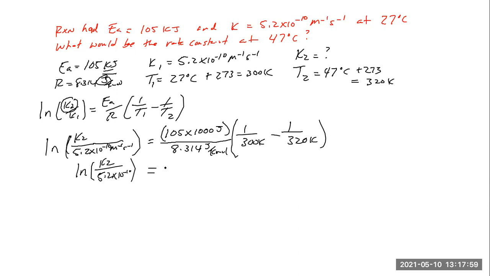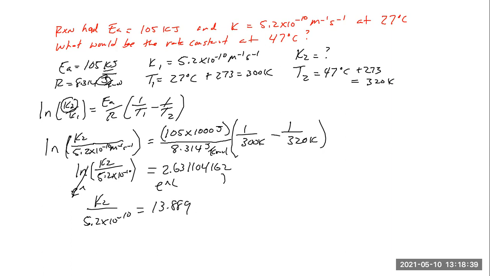I'll get rid of the units to make it a little bit neater. 2.631104.162. Don't feel like rounding. To get rid of the natural log on the left there, we do need to take e to the power of both sides. Another very common mistake that people make is they want to put a negative there on the right, but there is no negative, so you shouldn't do the negative. That's going to give us K2 over 5.2 times 10 to the minus 10. Again, just taking e to the power of that number, no negative or anything like that, will give us